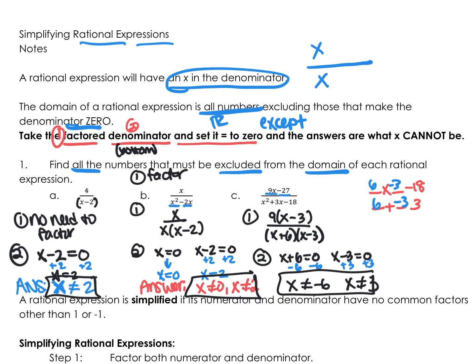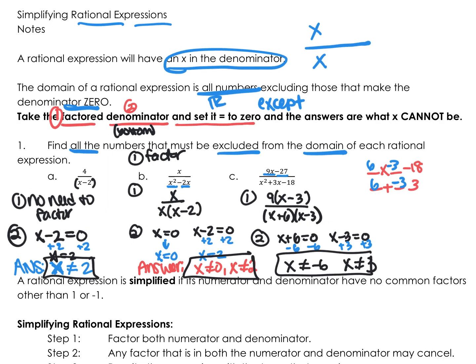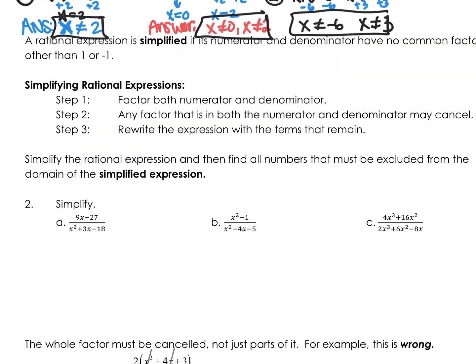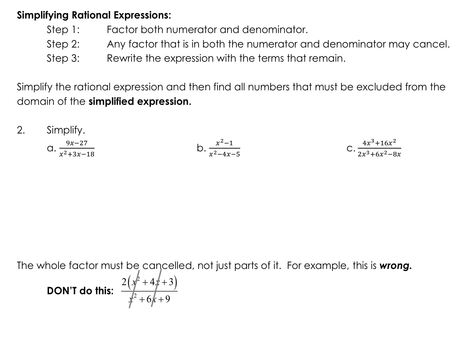The second thing that we're going to do here is we're going to simplify rational expressions. Okay? Again, the first step is to factor, top and bottom. Then, if you have a common factor, so if we look back here at this last one that we just did,